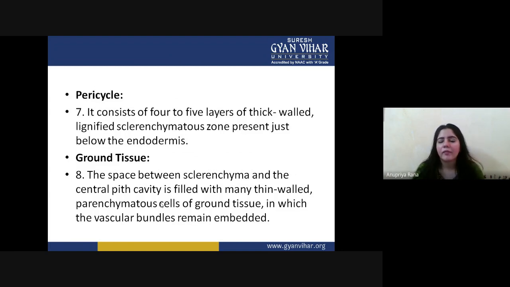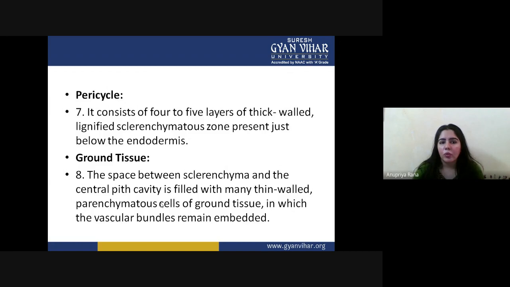It starts with the simplest kind of simple tissue, that is the parenchyma, and the outermost layer is the epidermis. So the easiest way you can learn this is that the outermost simple tissue is the parenchyma that forms the epidermis. Just after the epidermis we have the hypodermis, made up of collenchyma, which is a modified version of the parenchyma. After the collenchymatous hypodermis we have the pericycle, which starts the region of the vascular stele, and this pericycle is formed by sclerenchymatous tissue.